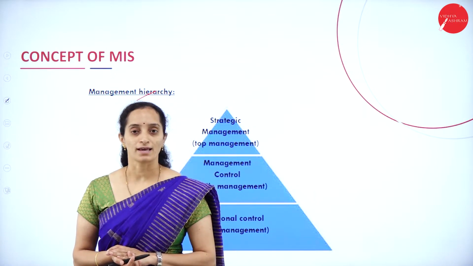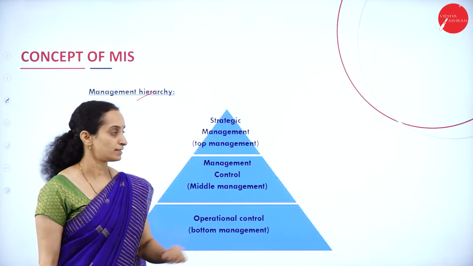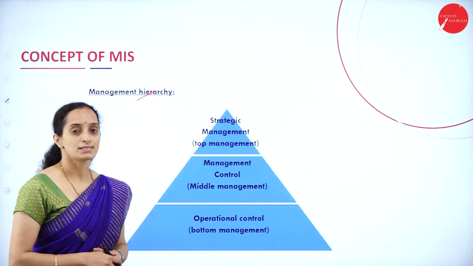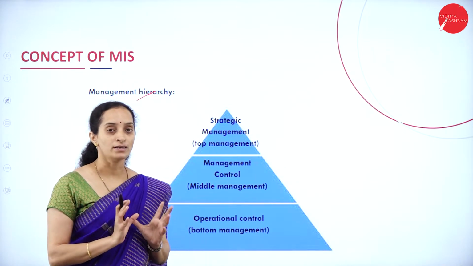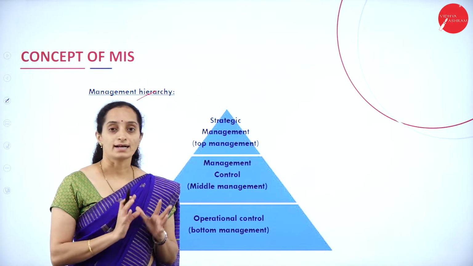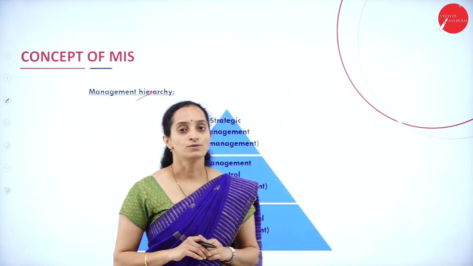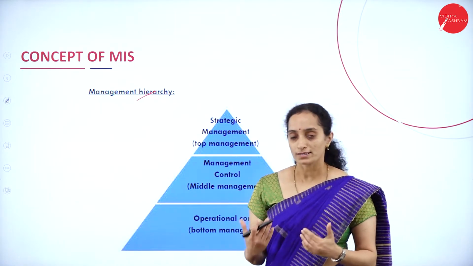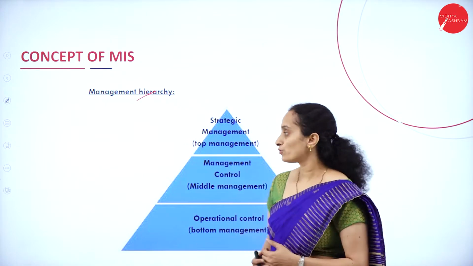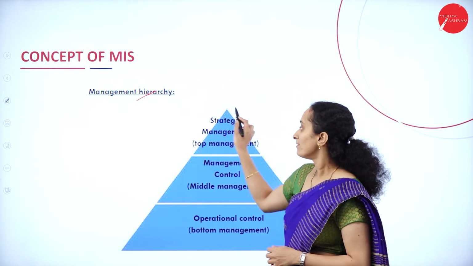In the top position we have strategic management, that is the top management. What is strategic management? You need some persons or someone who can decide a strategy, who can fix a strategy for the organization. How you are going to plan the business, how you are going to improve the business. What is the plan for this current financial year? What must be the profit? How to get the profit from the business? How to expand the business? All these things will be decided